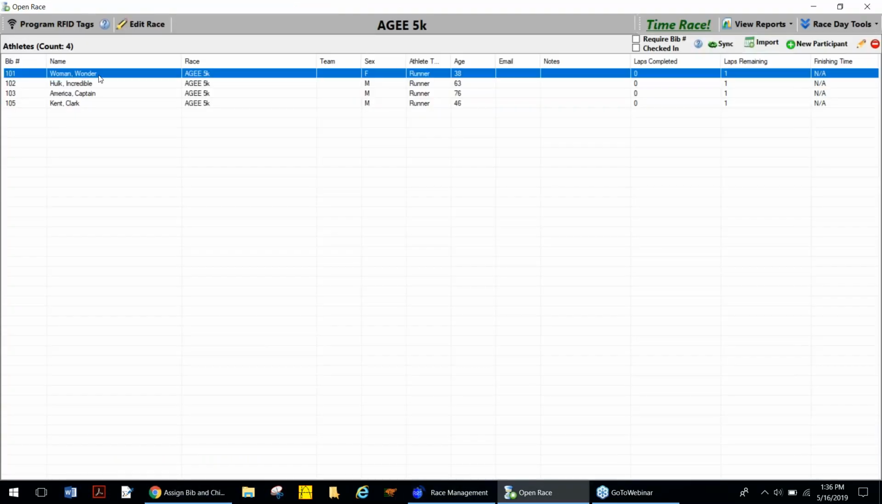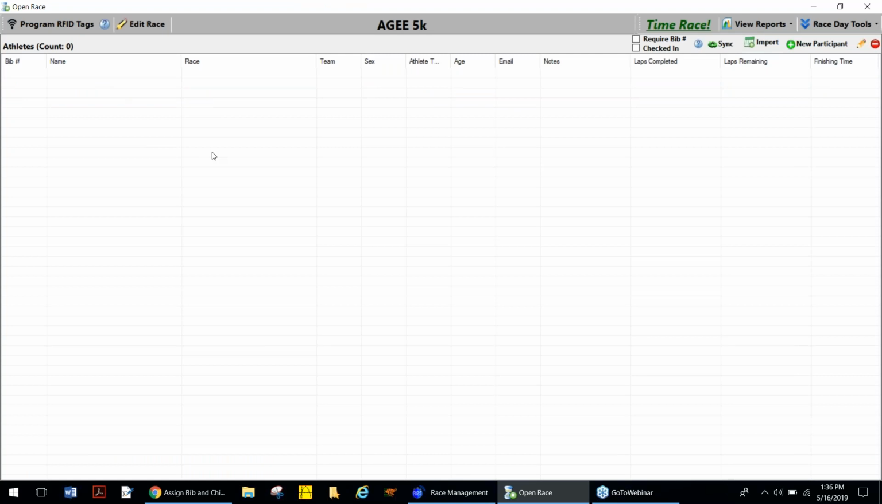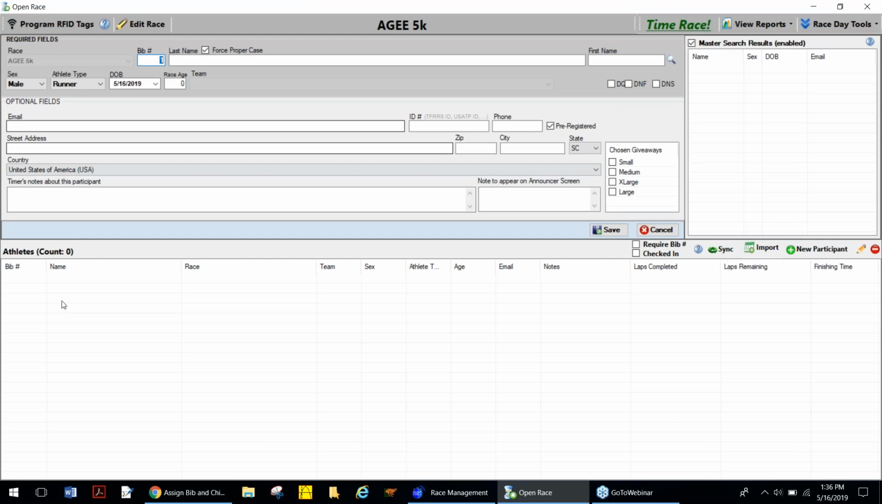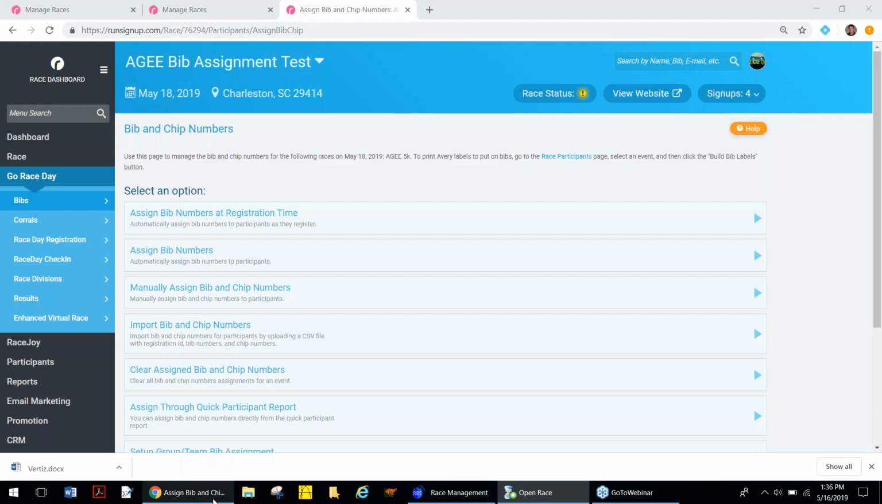And I guess I should go back. Sorry if I'm jumping around here, but I'm actually going to go ahead and clear out all the participants in the Agee software, just because I want to act as if I'm starting from scratch again. So again, no participants here. All of our data is within RunSignup. And now if I go and assign bibs automatically,